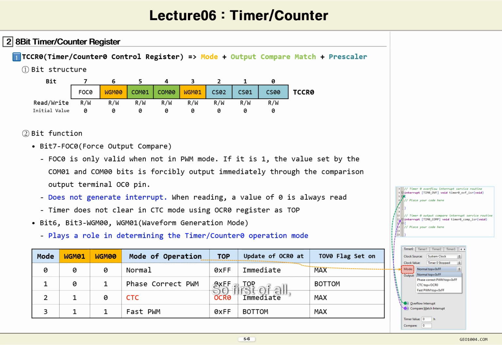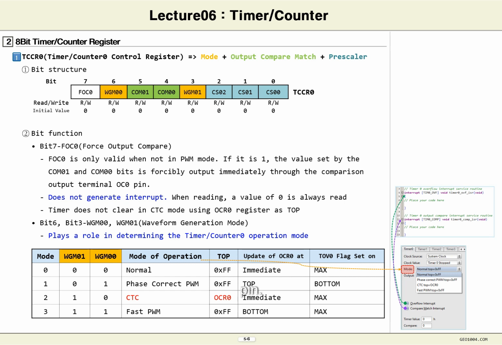So first of all, let's look at the function in the top bit, bit 7. A forced output comparison function will be performed. This bit is only valid in non-PWM mode. If it's 1, the values set above for the COM01 and COM00 bits are immediately output through the comparison output terminal,